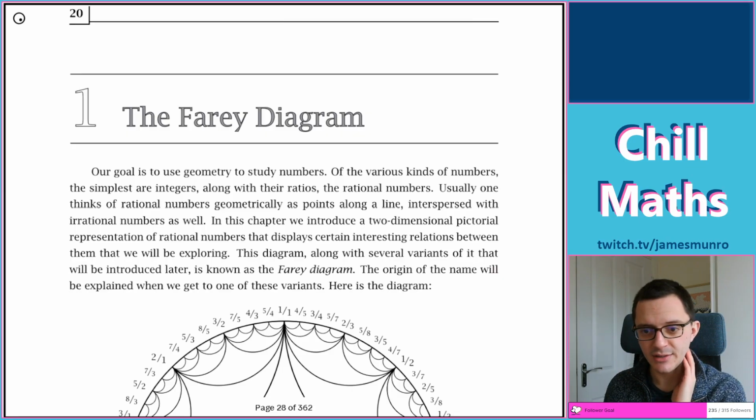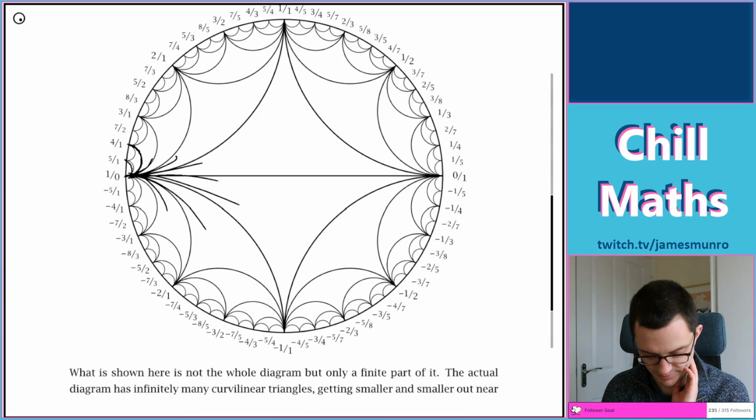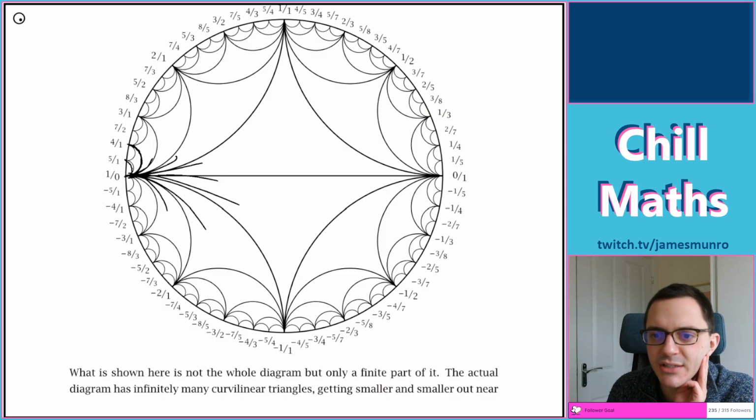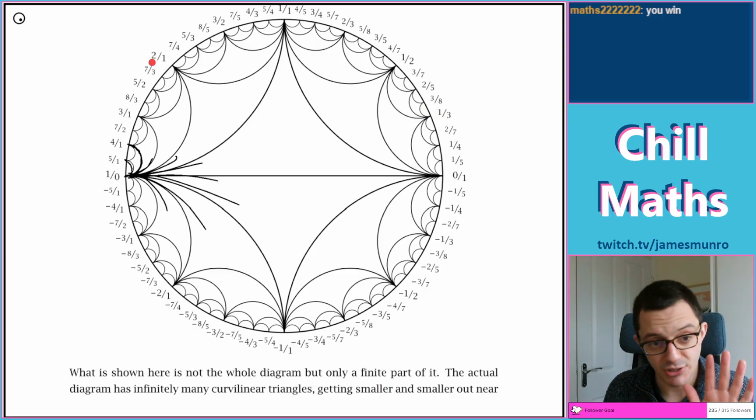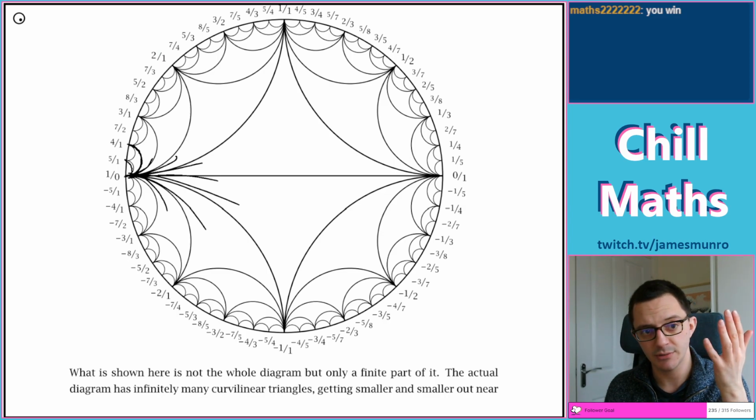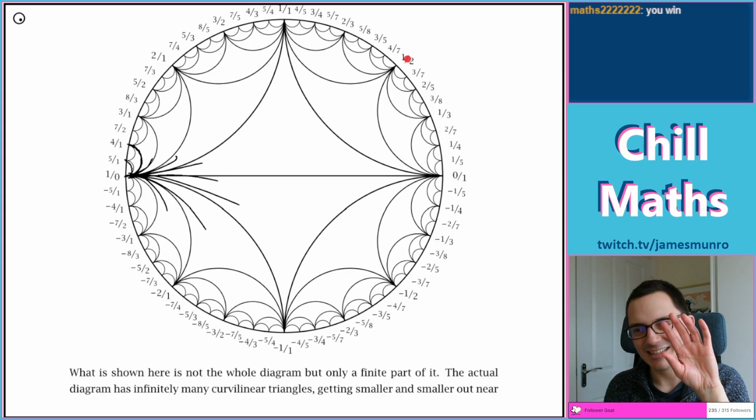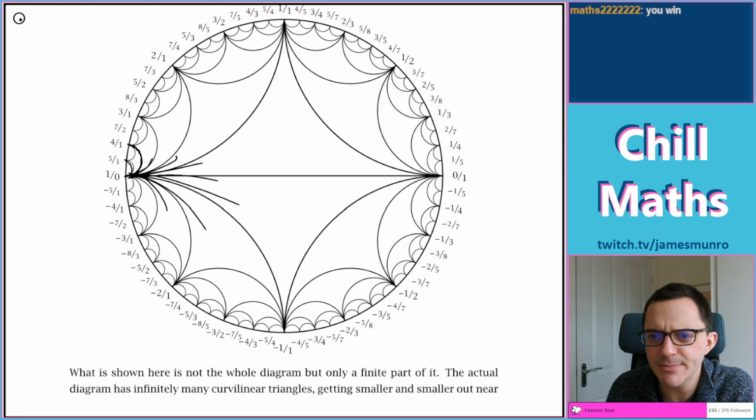Fairy diagram with, on this page, positive numbers upstairs, negative numbers downstairs, and the fractions the other way up on the right. So they're talking about this reflection of the diagram corresponding to, what does it do to the fractions? 2 over 1, 1 over 2. How was this built? So this is built on medians. So adding the numerators and the denominators separately. So 2, 1. So how did this